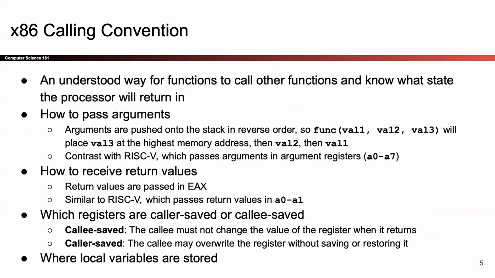So a calling convention describes how to do that, and it describes where to put arguments so that the callee knows where to look for the arguments to that function. In x86, they're stored in memory on the stack. It's going to describe how you get a return value back from the function you called. In x86, the answer is that it is in a register, the EAX register. It's going to describe